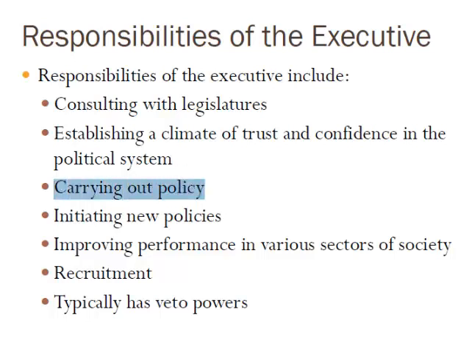Carrying out policy, that's a big one. The U.S. president decides or rules over people like the federal prosecutor's offices, and has a say in how the rules are enforced, as head of all the administrative agencies, as head of the government employees. Initiating new policies, the president or the prime minister can sometimes decide. They can't pass their own laws, but what they can do is they can set policy. And certainly you see that happening in the United States a lot. Improving performance in various sectors, in other words, trying to think of ways to make the country more efficient.